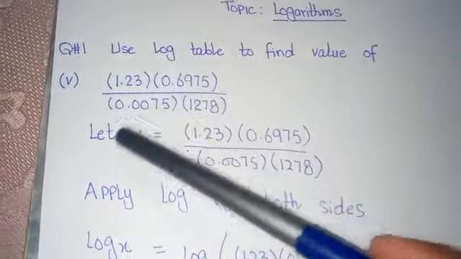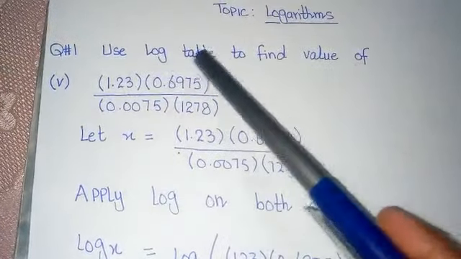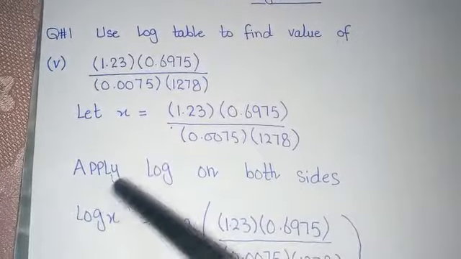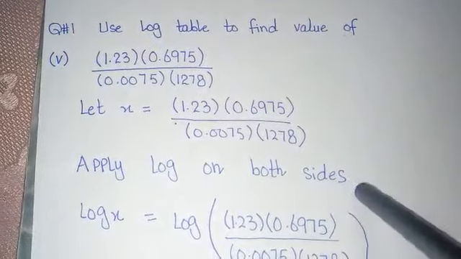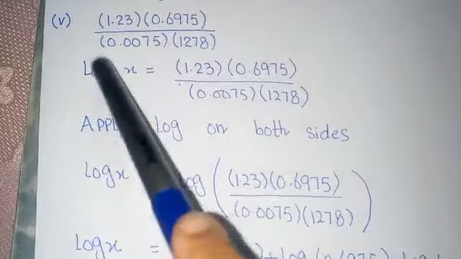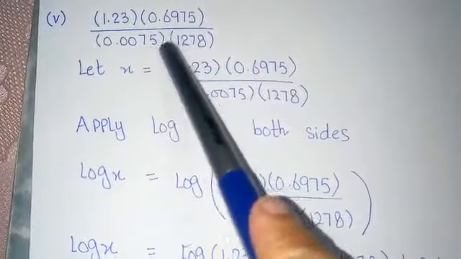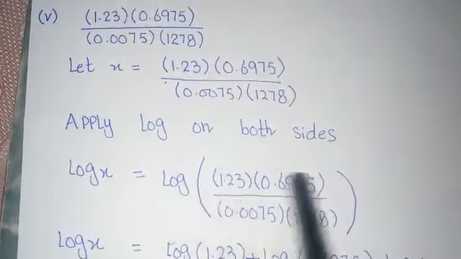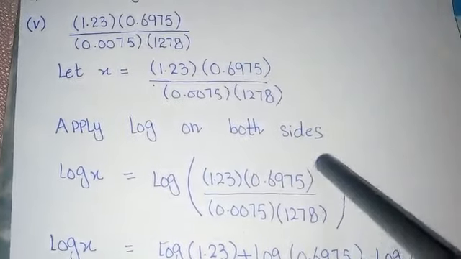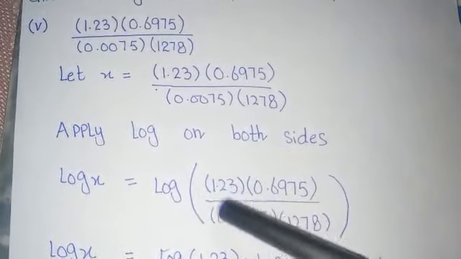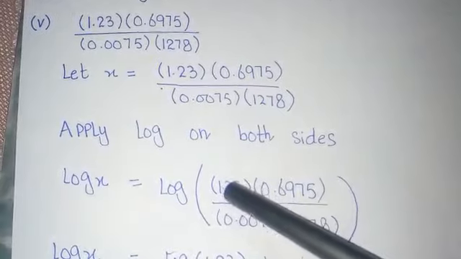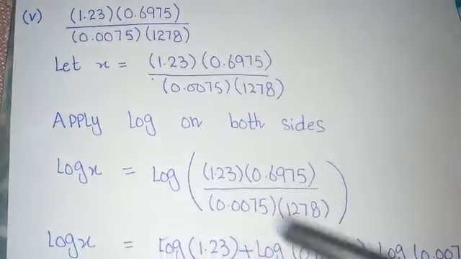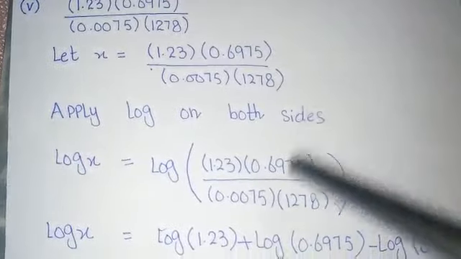Let's see the solution. Here, I have already written the question. Again you can see the first step is the same. I have let the whole question be x. The second step is also the same, apply log on both sides. The third step is again the same, it becomes log of x, and here I have put a long bracket because this log is for all of them. If I didn't put this bracket, then it means the log is only for this. But as this log is for all of them, you have to put a bigger bracket.